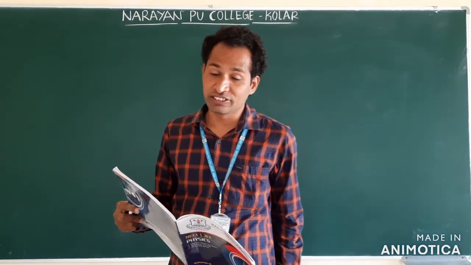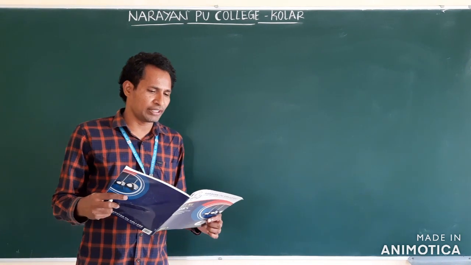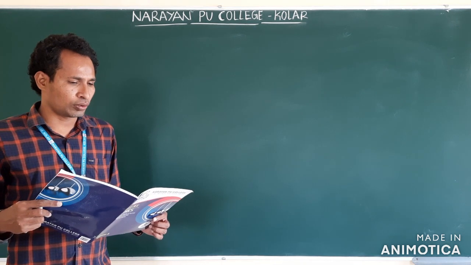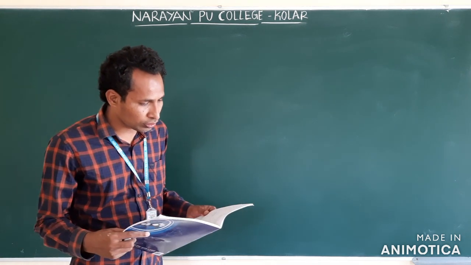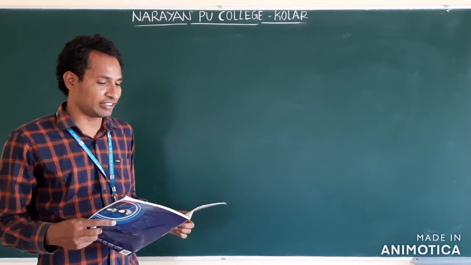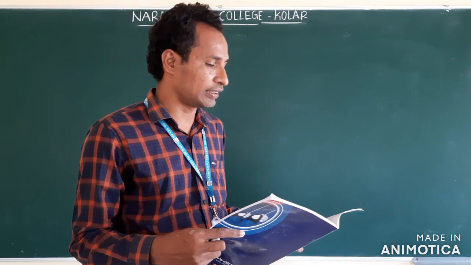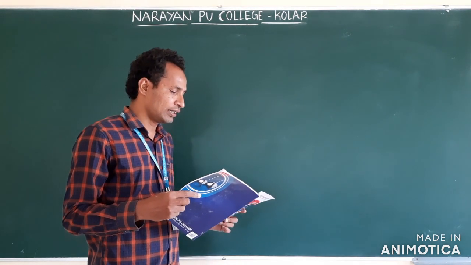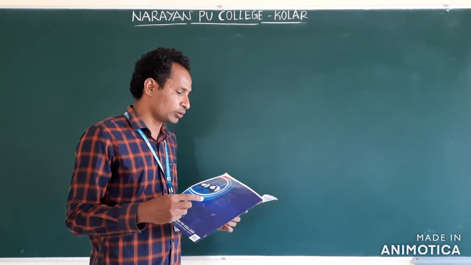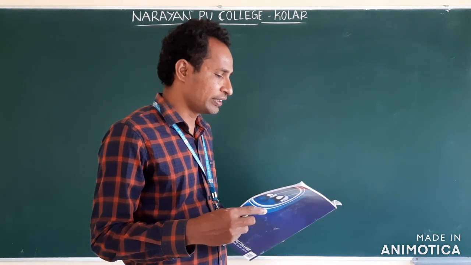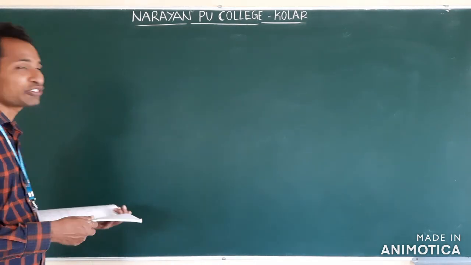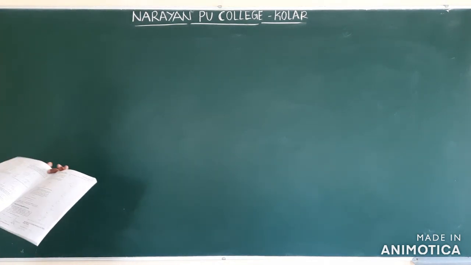Now, third question. This is also an important question. Two similar coils of radius r and number of turns n are lying concentrically, with their planes at right angles to each other as shown in the figure. The currents flowing in them are I and root 3 I respectively. The resultant magnetic induction at the center will be? Clear? So first we will try to make a formula, then we will substitute.